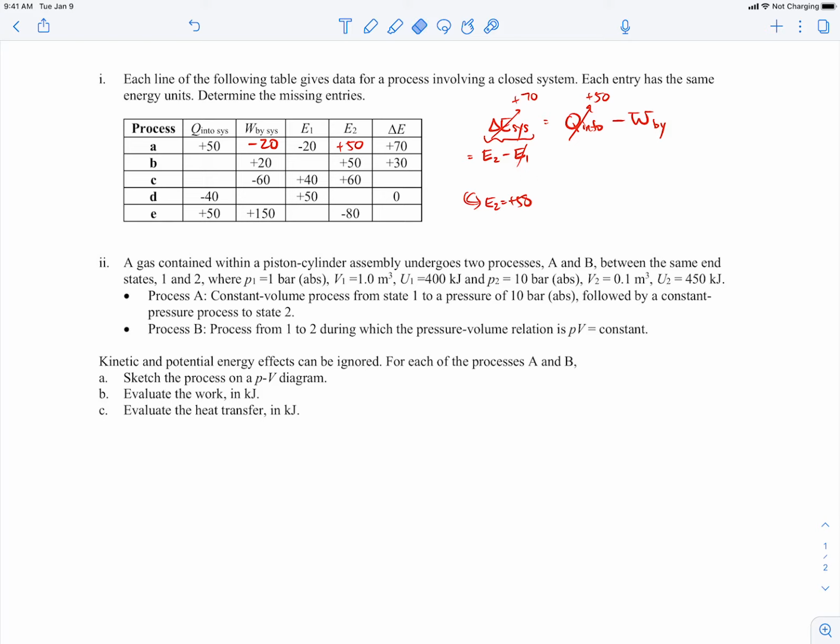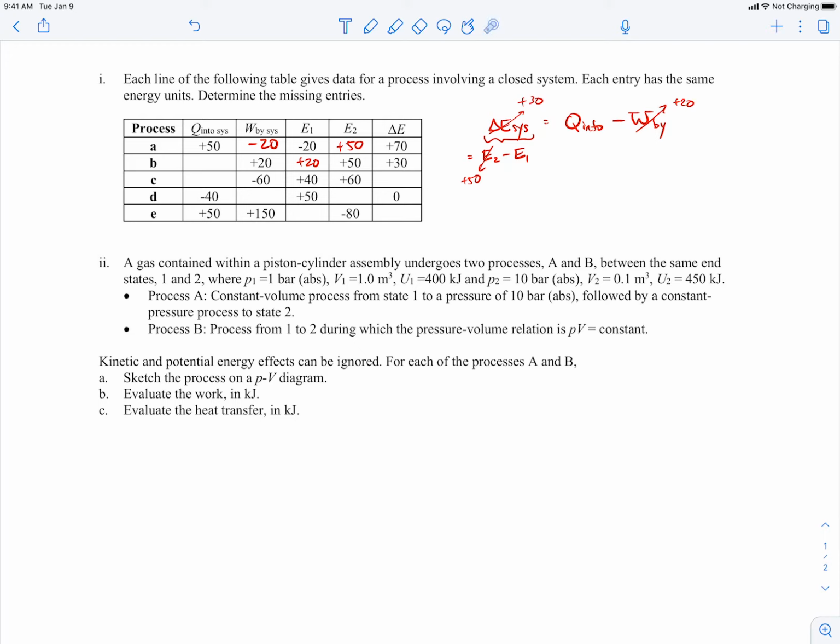So let me erase some of the quantities that we put in here. Okay, so let's do process B. We're told that the work done by the system is a plus 20, so that means this is a plus 20. We're told E2 is a plus 50. We're told delta E is a plus 30. So let's solve for E1 in this case. So we have plus 30 is equal to plus 50 minus E1. So if I bring this 50 to the other side, that'll be a minus 20. And so that means E1 is equal to plus 20